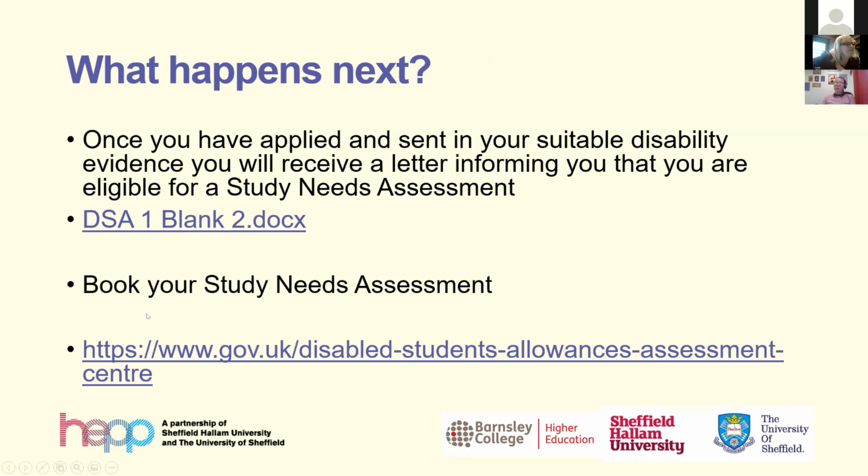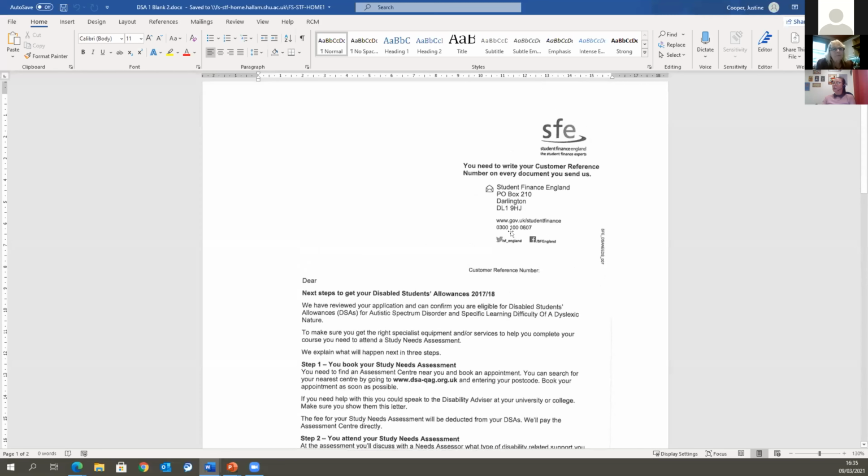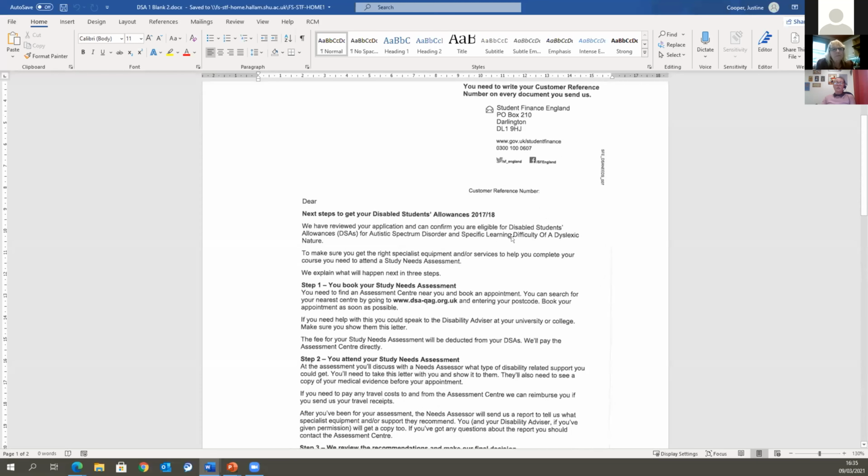And once you've applied for your disability, you'll receive a letter telling you that you can book a study needs assessment, and hopefully this works. Can you see the letter from Student Finance? Yeah. So this is what the letter will look like once you've applied and Student Finance have agreed that the evidence is right and that you can go for a needs assessment, and it will tell you what your needs